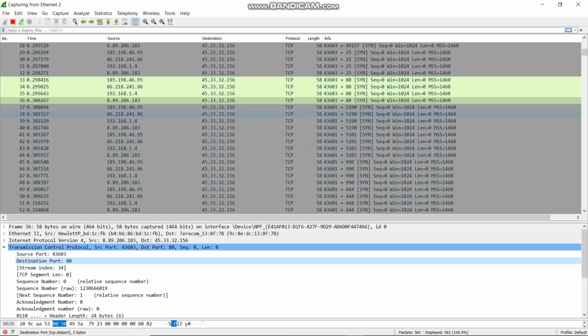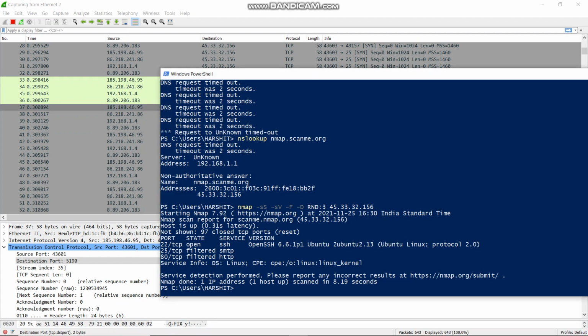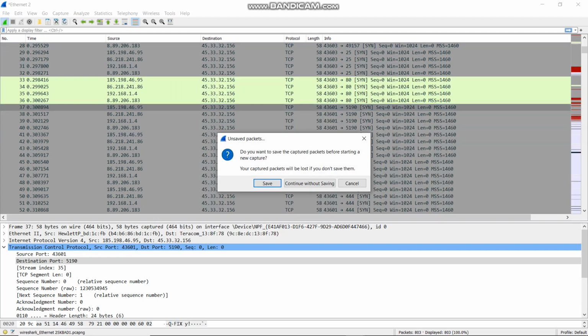Now I will use one of the three random IPs, 185.189. Let me use this. Let's stop and restart it again.